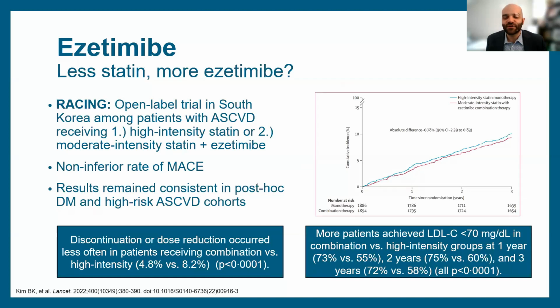Interestingly, a lot of the data now is starting to say, do we need to jump to high intensity statin before we add ezetimibe? Or can we get some benefit by a moderate intensity statin with ezetimibe? No clear clinical guidance is coming out at this time, but we're actually seeing patients, if potentially started at a moderate with ezetimibe, they're actually less likely to stop therapy and have no difference in cardiovascular outcomes compared to a high intensity statin. So quite interesting, right? Seeing that this may be another option to help potentially mitigate what we see as often those statin-associated muscle symptoms.